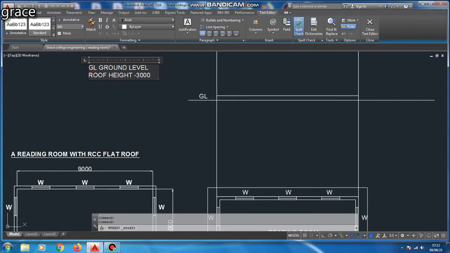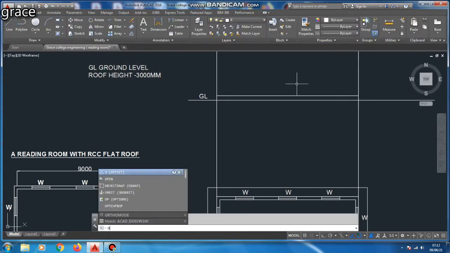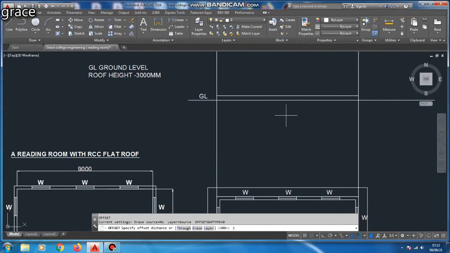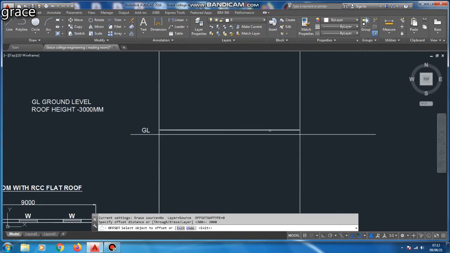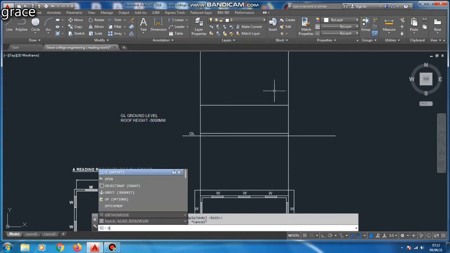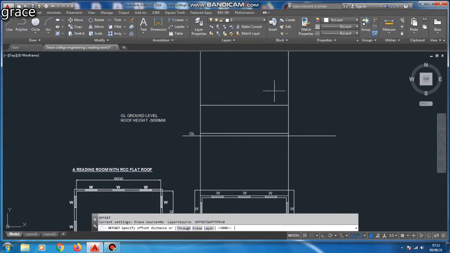As we already discussed, our roof height is 3000 mm. So I am going to offset the baseline to 3000 mm. Offset, select object, the distance is 3000 mm. Just give a simple enter.